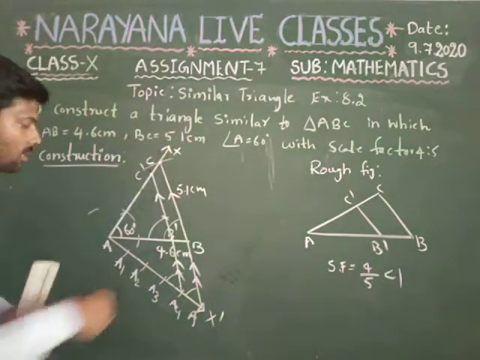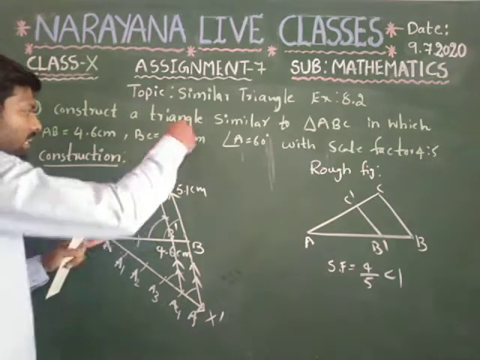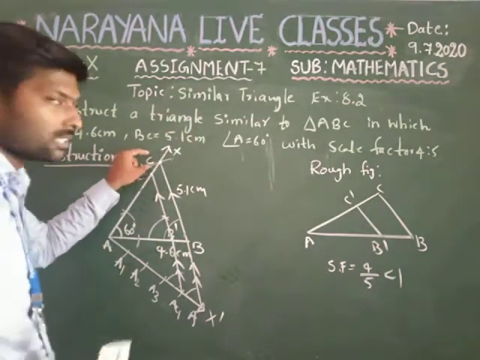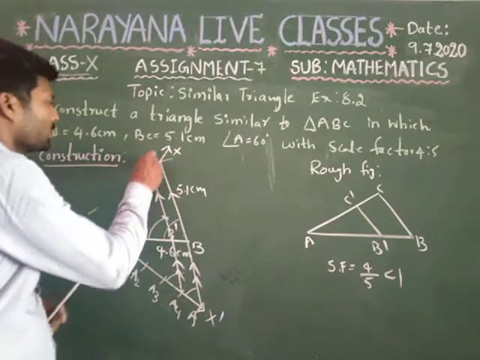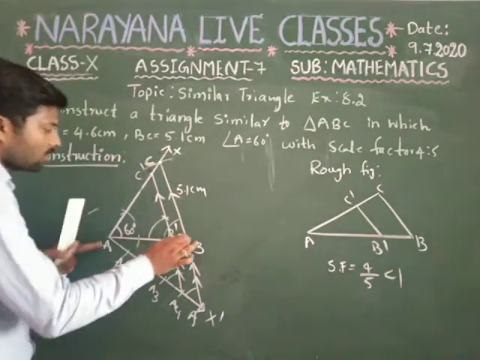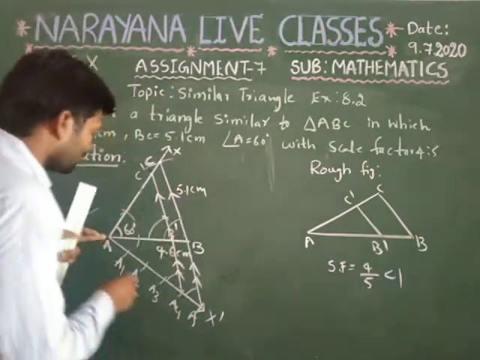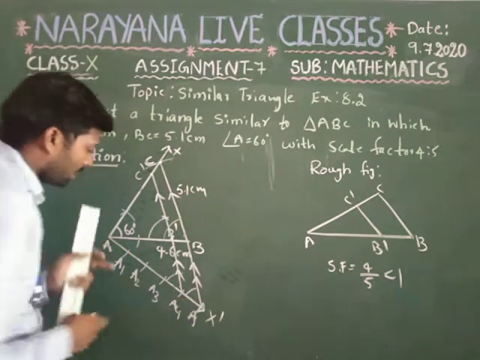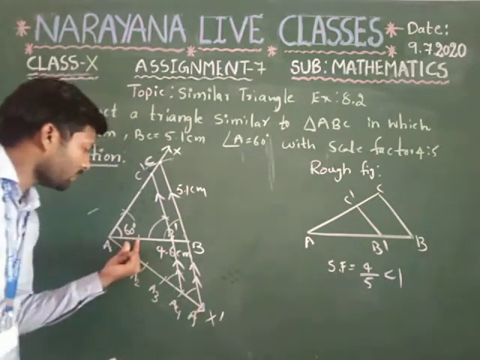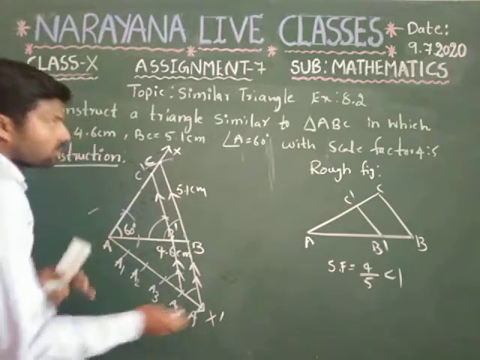5.1 cm. Draw one more arc so that the point of intersection of this arc and this ray, let me take it as point C. So by joining AC as well as BC, we have constructed triangle ABC, that is the basic triangle. After that, draw a ray, that is AX dash, which makes an acute angle with respect to AB. Again divide this ray into total how many parts?